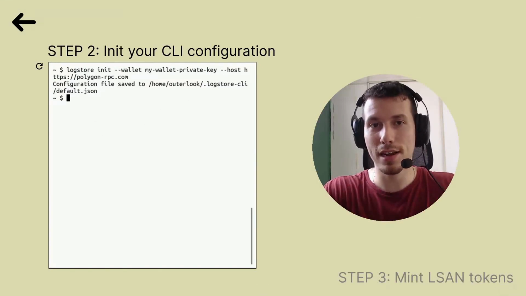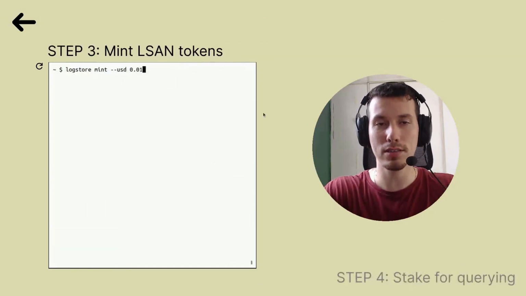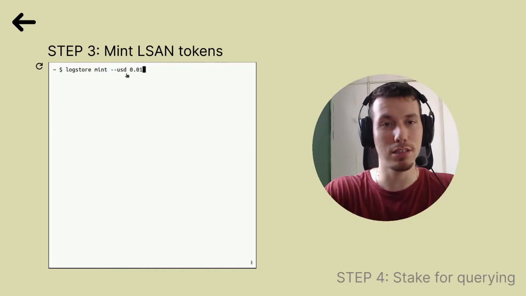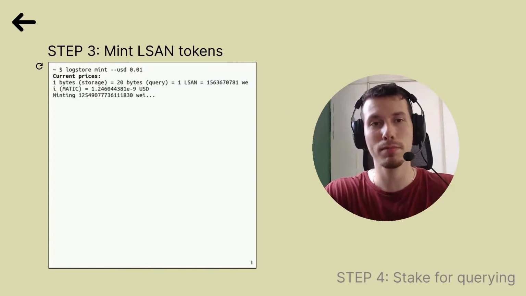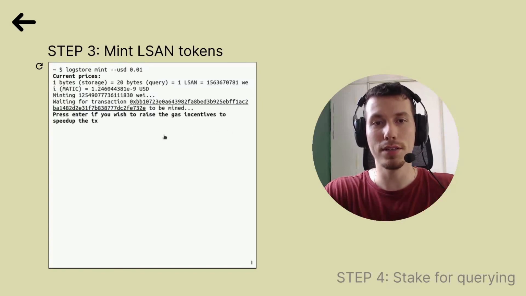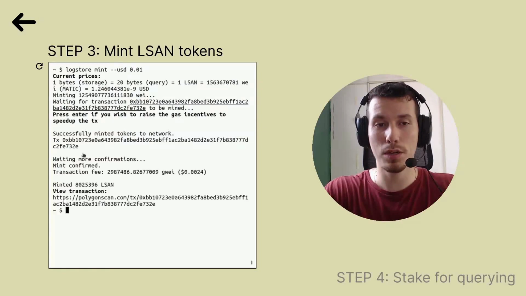After the CLI is set up, we are able to mint some LSAN tokens. We will use the LogStore mint command in USD, and we are just using a very low amount here, but you are able to put any amount. And this runs some transactions on the network. All the information is displayed here. We need to wait for the mint to be confirmed,